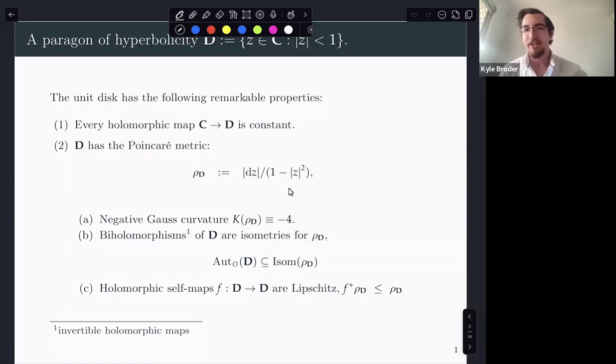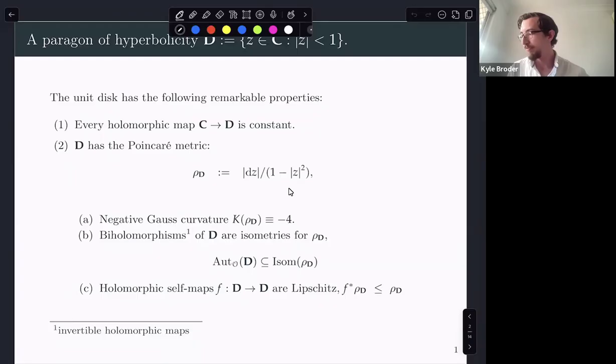But it also has a very nice metric on it. It's got a Poincaré metric, the hyperbolic metric. This has constant negative Gauss curvature. It's bounded above by a negative constant in particular. It also has this interesting property that the biholomorphisms of the disk, the invertible holomorphic mappings, are isometries for this metric. These biholomorphisms form a group, which we call the automorphism group. So what we're saying here is that the automorphism group of the disk is contained in the isometry group